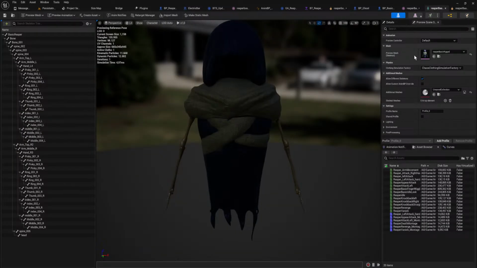Pretty sure you do it in here. Create assets. No. I need to refresh my memory on this. I did this like 4 or 5 times months ago.